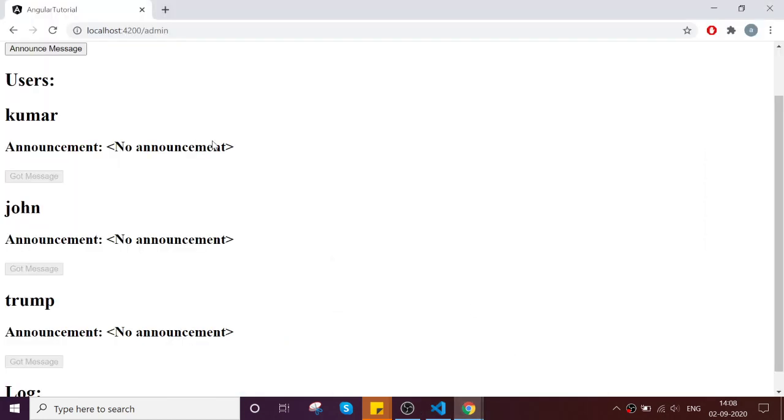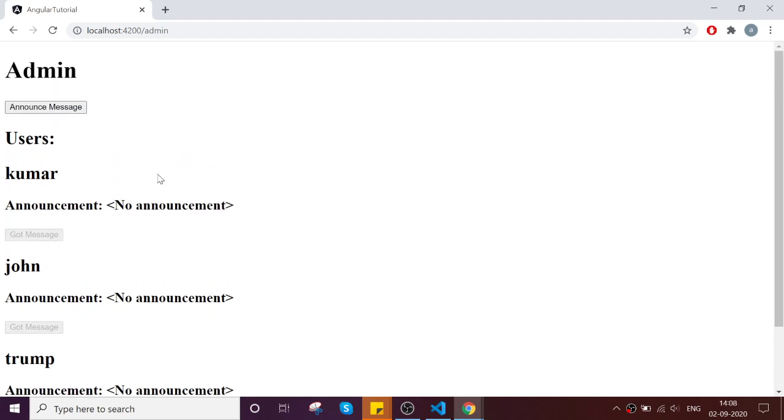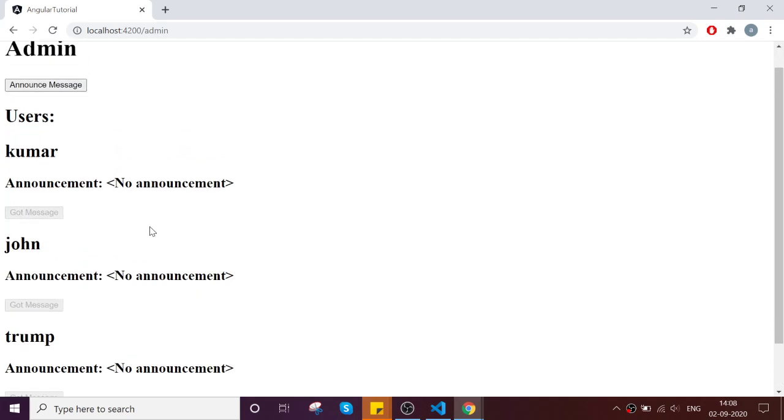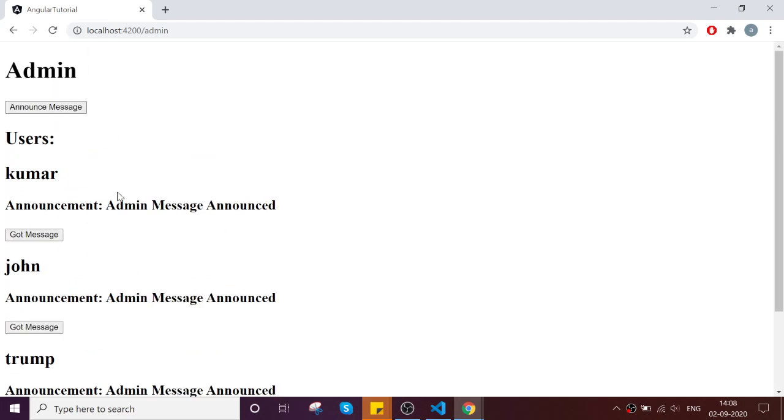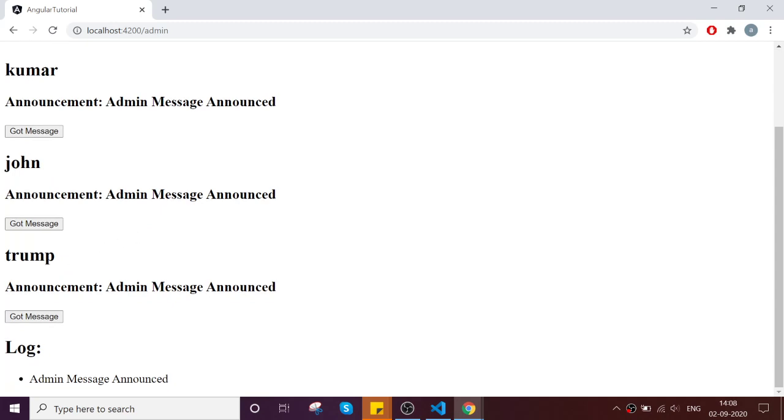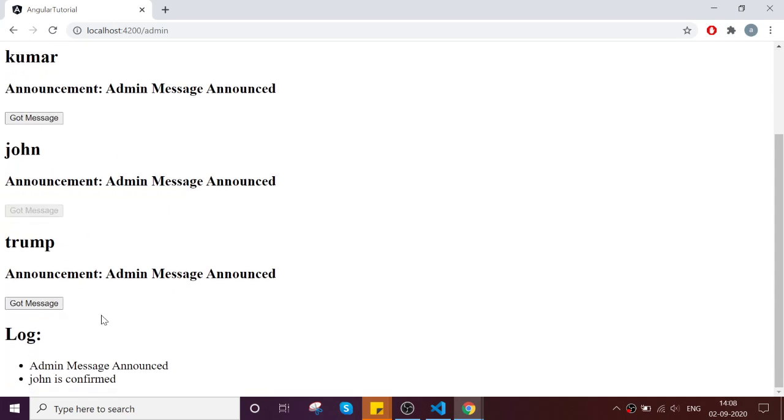Okay, cool. See, now all the buttons got disabled because no announcement came, so no user is able to send any message. So once the admin announces, then John is replying. See, once John is confirmed, he is disabled again, and Kumar is confirmed, then it's disabled. Trump is confirmed,